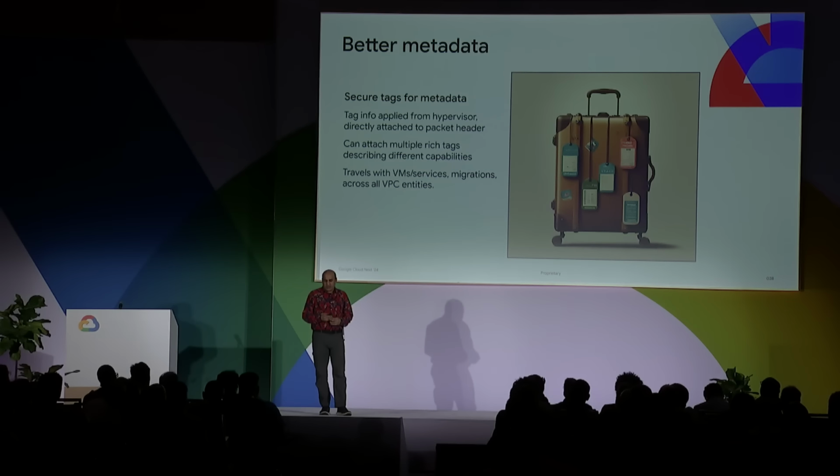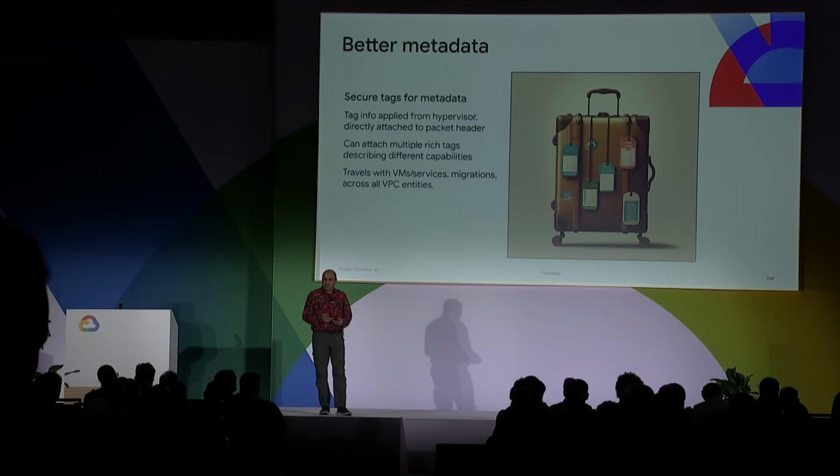And then finally, I just want to quickly talk about secure labels. It's something that we've had for a little while, right? And fundamentally, the challenge has always been to try and offer a less brittle mechanism to identify VM workloads other than IP addresses, which do tend to change. For this, we introduced secure labels. These are tags that are applied in the hypervisor, so they're controlled at an administrative layer. They can't be controlled by individual developers, and those tags travel with the workloads. So you can apply security policy when the workloads migrate.